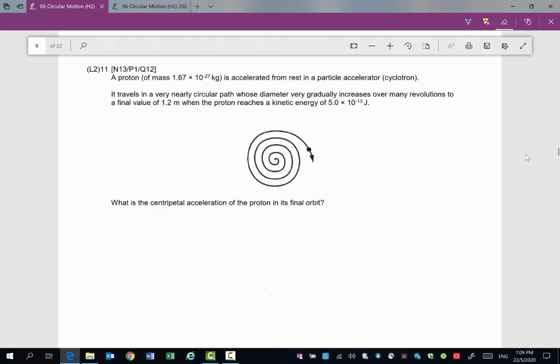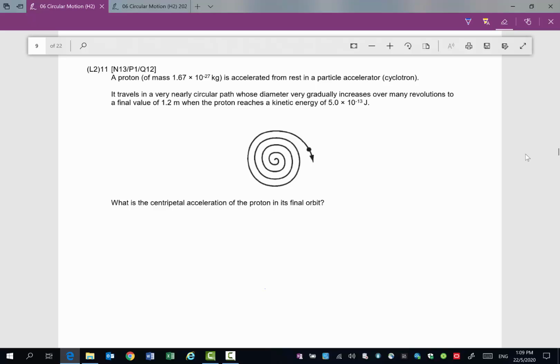So for question 11, we have a proton that's being accelerated from rest in a particle accelerator. And it was mentioned that it travels in a very nearly circular path. So simply put, you can just assume it is circular and then use all the circular motion equations to solve the question. And then it was also mentioned that the diameter very gradually increases over many revolutions to a final